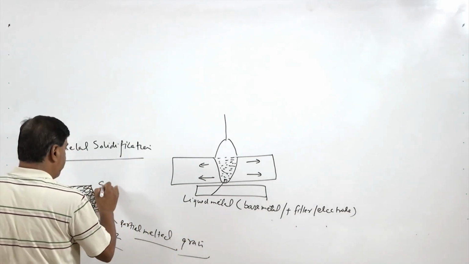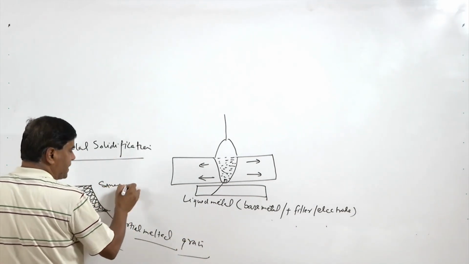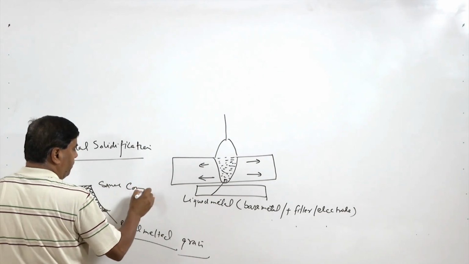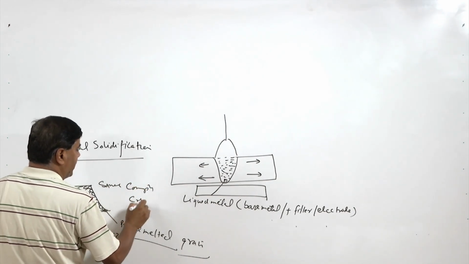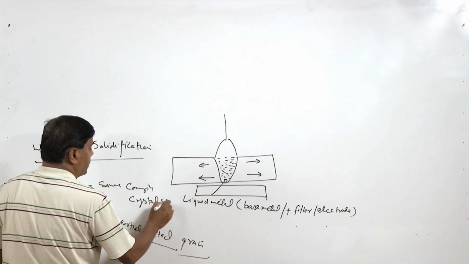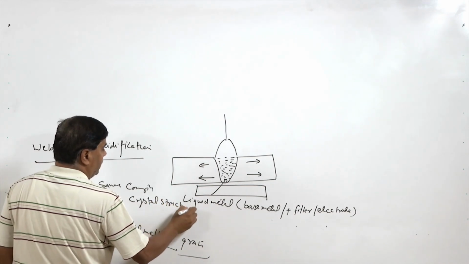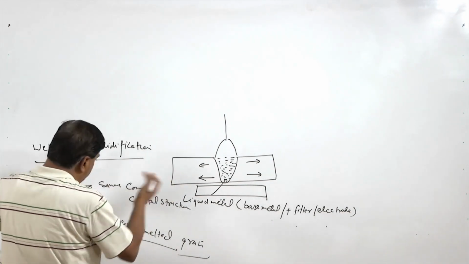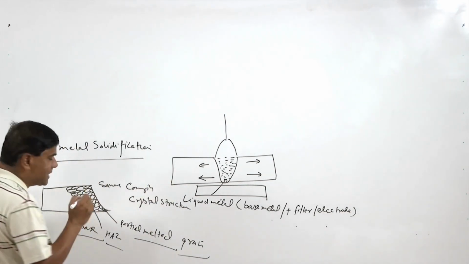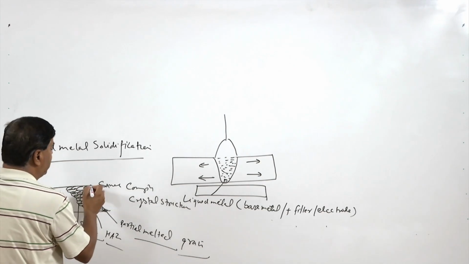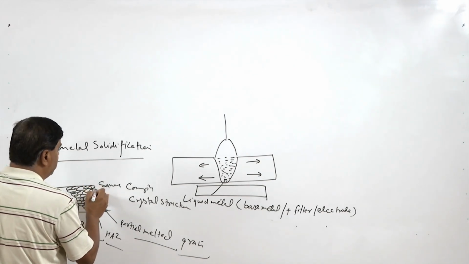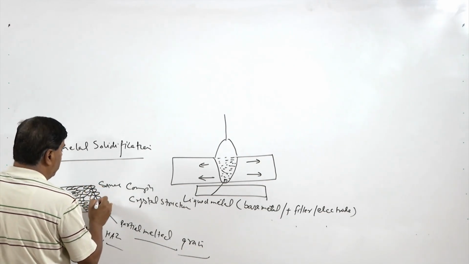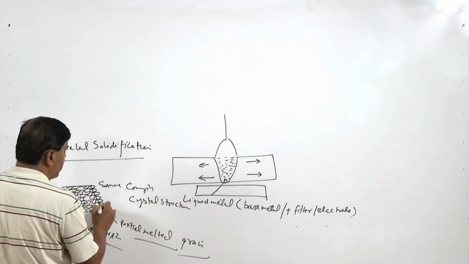and these partially melted grains are of the same composition and the same crystal structure, and because of this, as the heat loss takes place, the atoms from the liquid metal directly start to deposit over the partially melted grains, and then grains start to grow. So, the growth of such partially melted grains